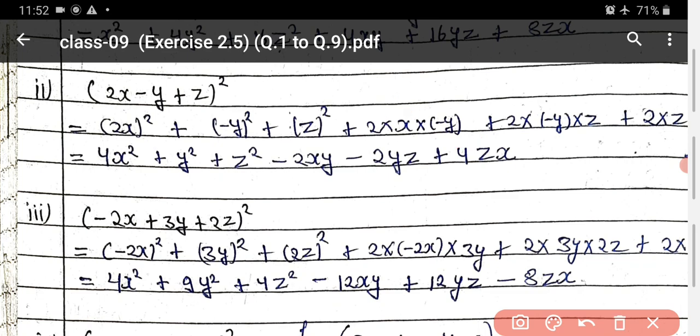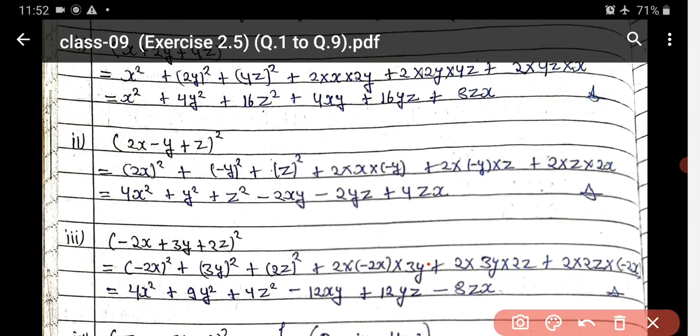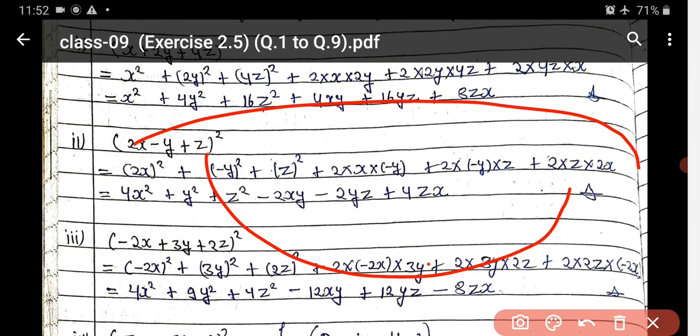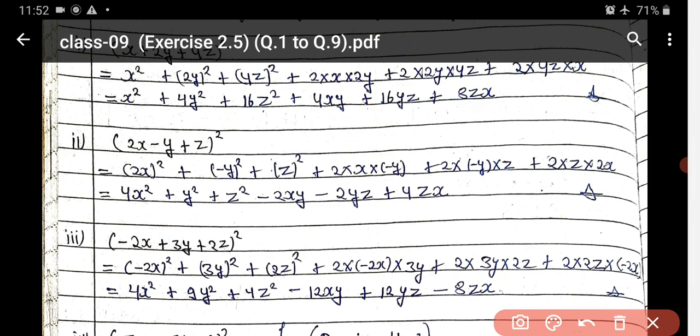So write here 2, in place of b you write here minus y, and in place of c you write here z, and then 2ca: the 2 as it is, in place of c and in place of a, 2x. So one mistake is there, in place of x you write here 2x. Okay, it is just a calculation mistake. Now just write here 4x square. Now y square, negative becomes positive because the power is even. Now z square. Now when you write here 2 into 2 it becomes 4. So write here 4. Do one correction in that term, write here 2x and write here 4, 4xz.